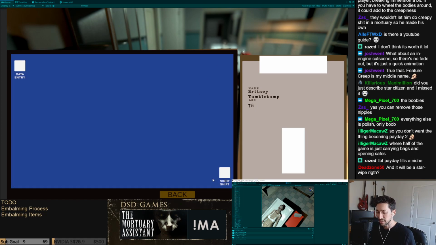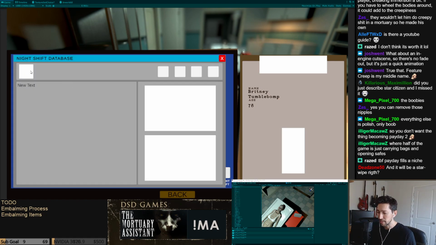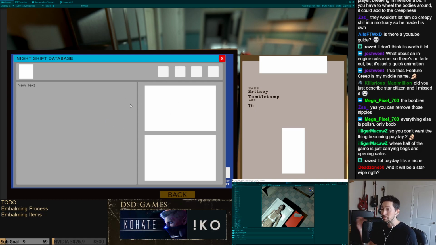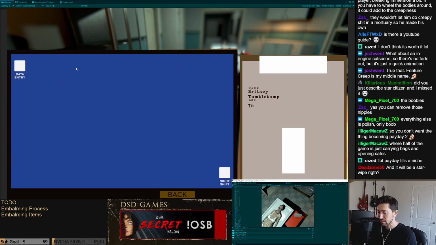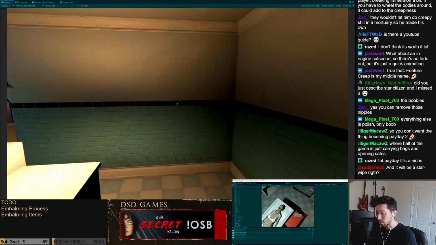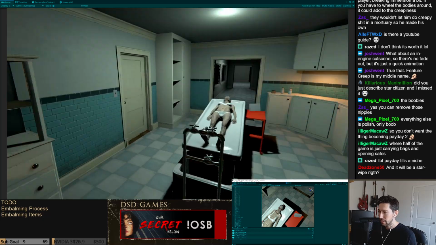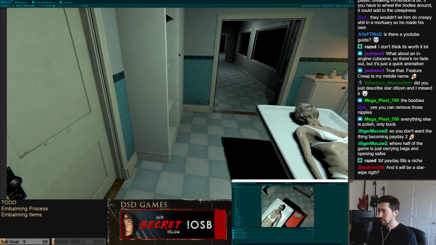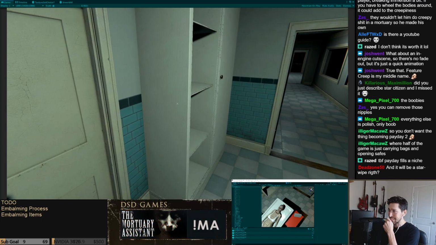That's it. But then there's the night shift stuff where you will be able to look up all the demonic stuff, and if there's any sort of symbol that shows up somewhere, you can look it up here, and that's where your detective stuff goes now. Originally you had this plus all the other stuff, and trying to connect it together is too much. So I removed that. I removed moving the body around, and this star wipe, I was thinking it should be